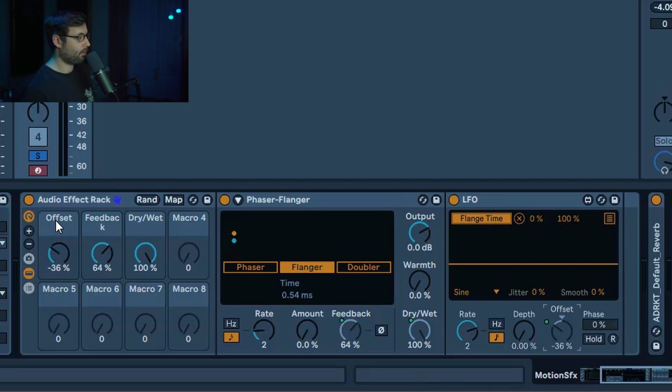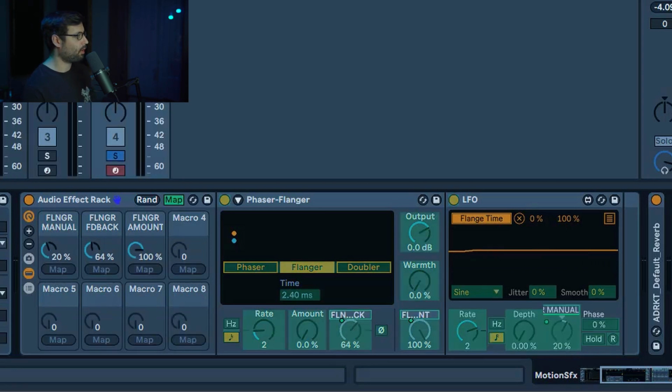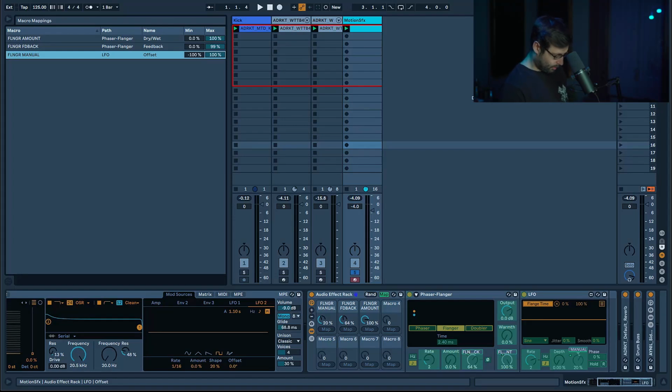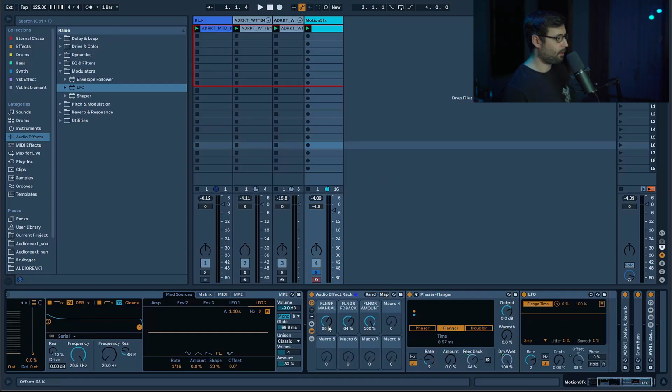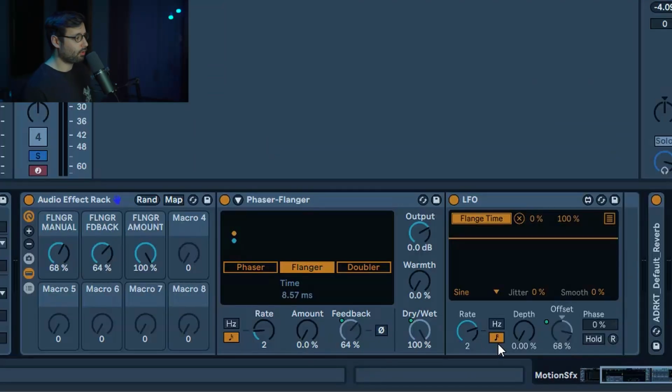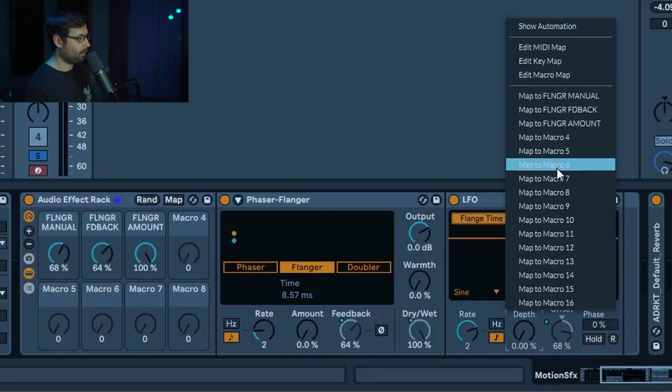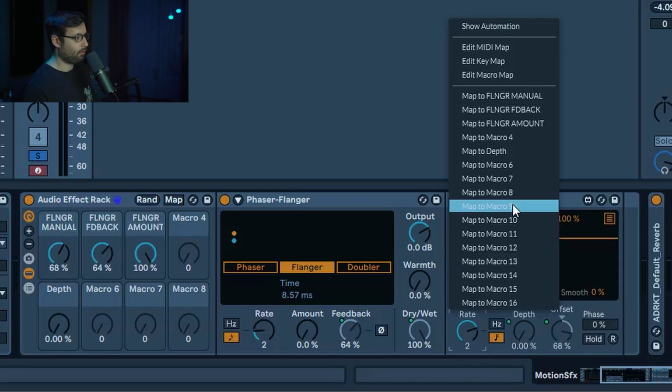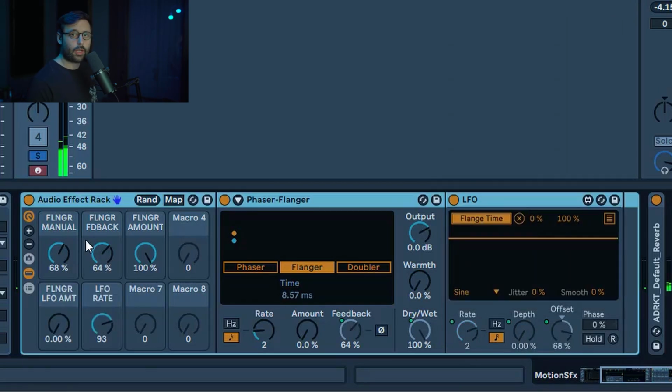So just let me quickly rename one thing as well. I found that the offset, when you go under 20%, it doesn't really sound that great. So I'm gonna go to map and put the minimum offset at 20%. So this way it sounds a bit better. Now we want as well to have control on the LFO. So the LFO amount on macro 5 and the LFO rate on macro 6. Okay, now you can start to mess around